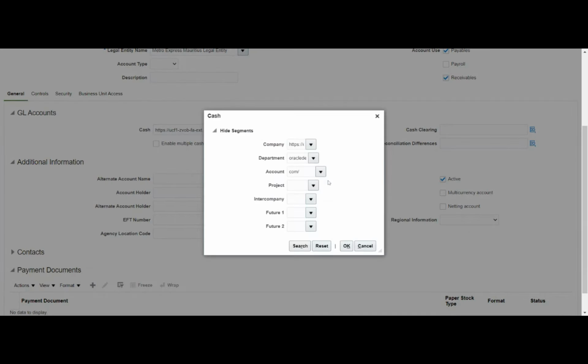And then we have the option to give the cash account and cash clearing account. We give the cash account when we want to capture either the payments or the receipts, so the end account would be the cash account. Between that, we will have the cash clearing account, which will stay as a control account.